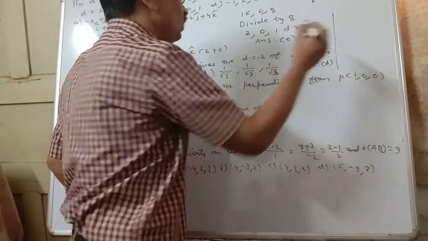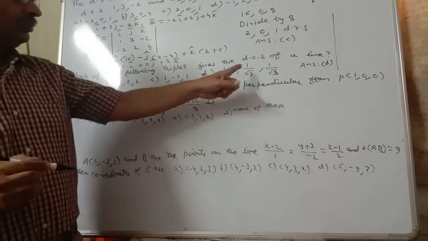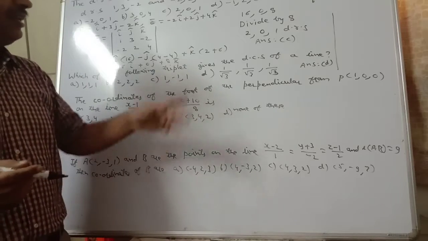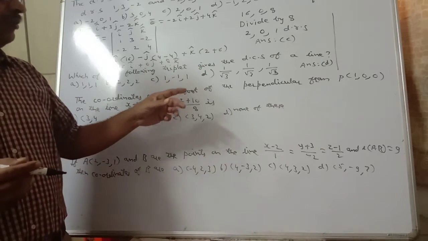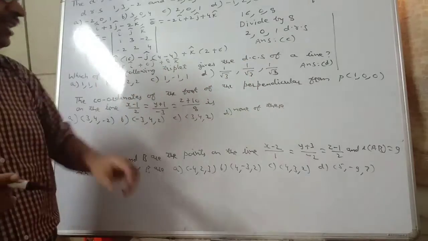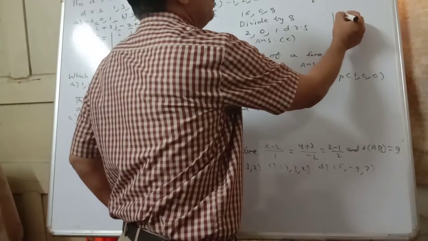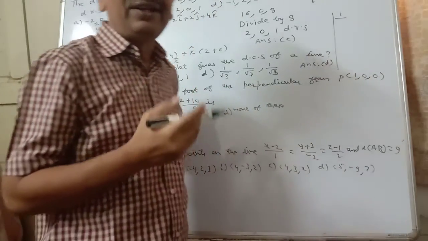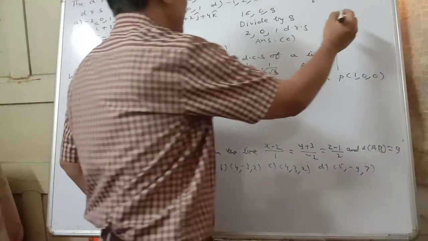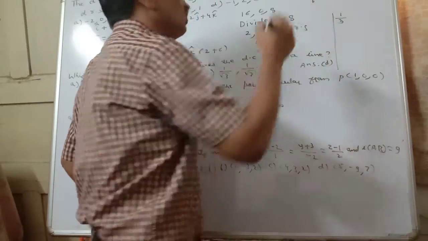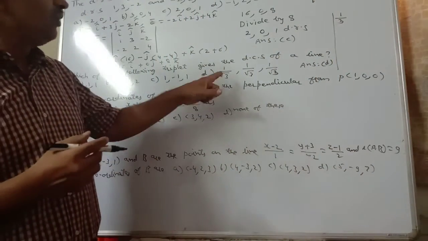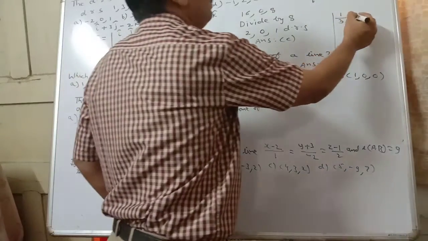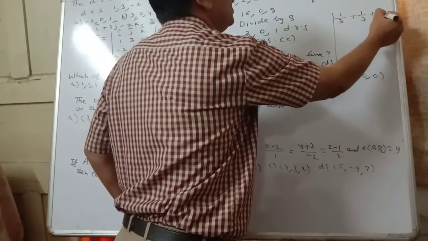In exam, we need not verify option D because remaining 3 options not correct. Here we can verify. Find sum of squares of these 3 numbers. 1 by root 3 square. We can find square of numerator and denominator separately. 1 square 1. Root 3 square 3. When we square it, radical sign gets eliminated. Plus 1 by 3. Plus 1 by 3.